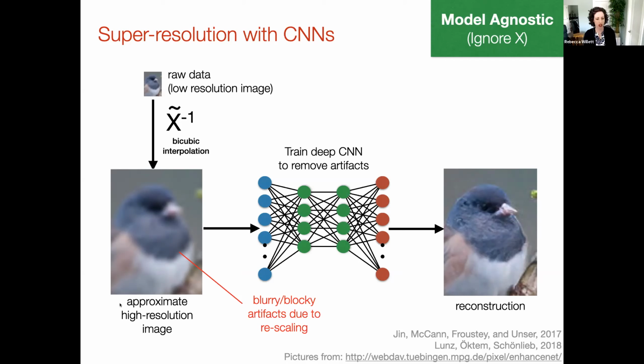So once we have this initial coarse estimate, then we try to produce a finer, higher quality reconstruction or estimate. And we, in fact, would train something like a neural network to learn a mapping from this initial coarse estimate to this high quality, high resolution estimate. And so from this perspective, I call this agnostic because it's not really using precise knowledge of the forward model X, except in this initial stage. And the role of the learning and the role of the training data is really to compensate for any deficiencies in this first initial reconstruction.